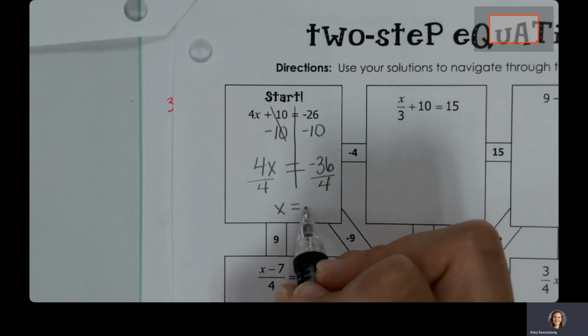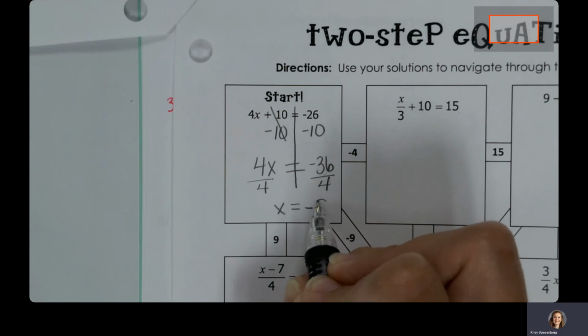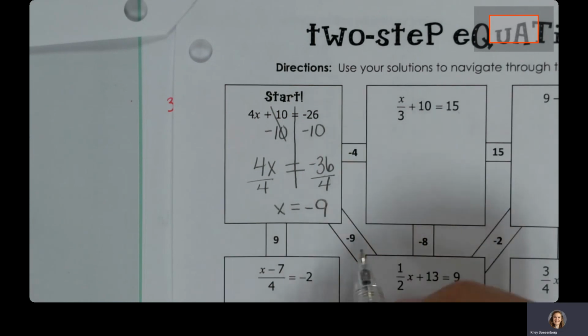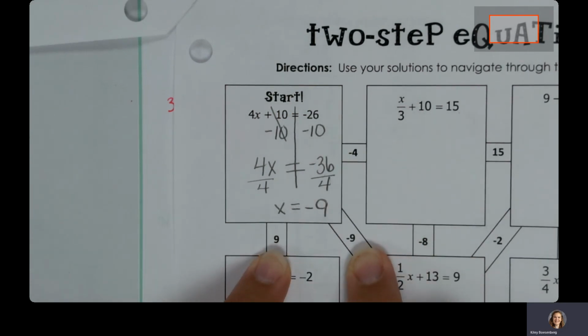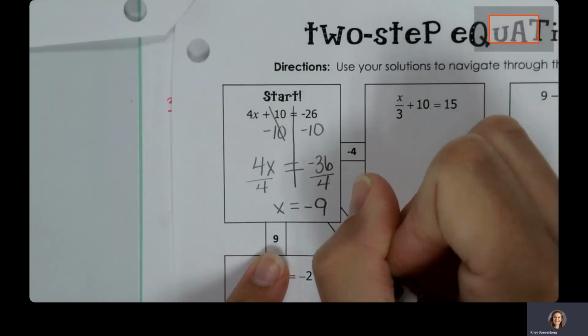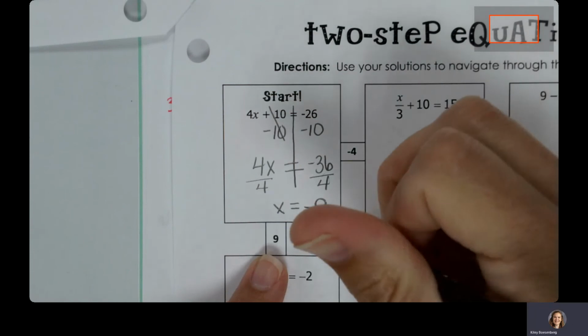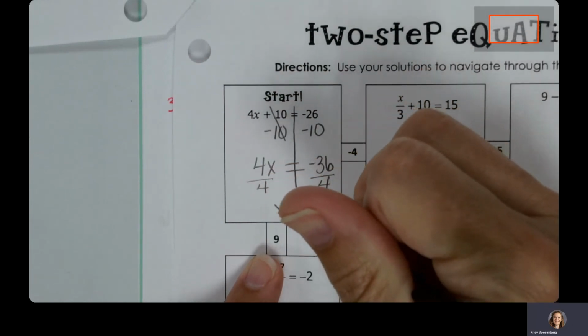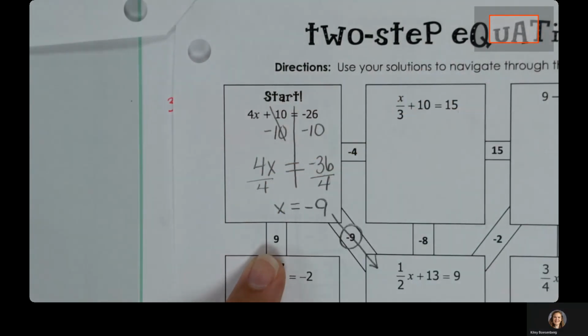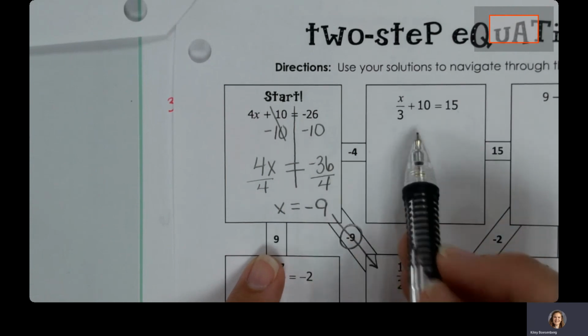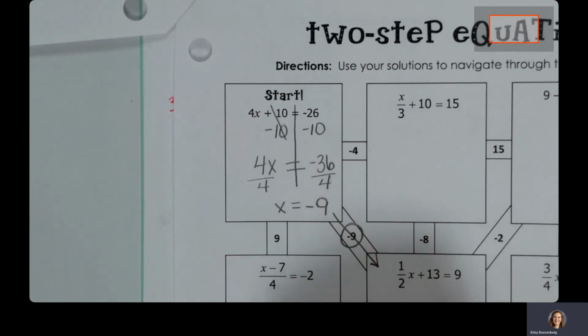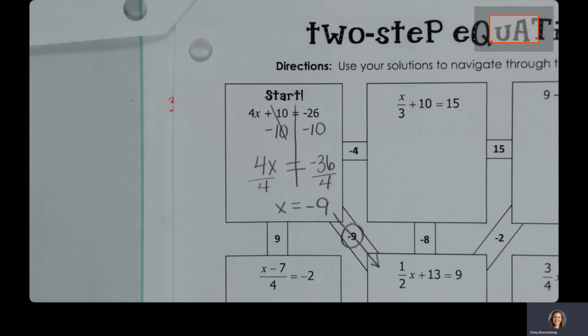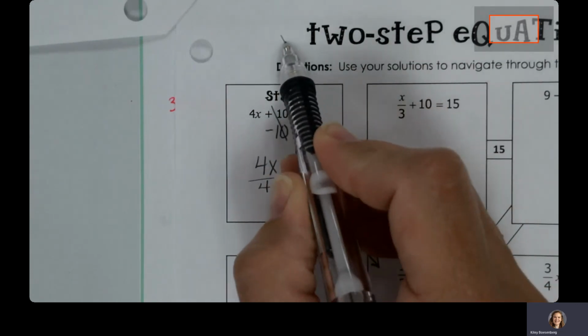If you don't put the negative in front of your answer of 9, do you see that those answers are both there, but only one of them is correct? So negative 9 is the correct answer. And then you follow that answer to the next problem. So you actually don't have to do this problem yet. If you want to just do all of the problems on the worksheet, you can, but that's how the maze works. What we're going to do tomorrow is we'll take questions on this maze,